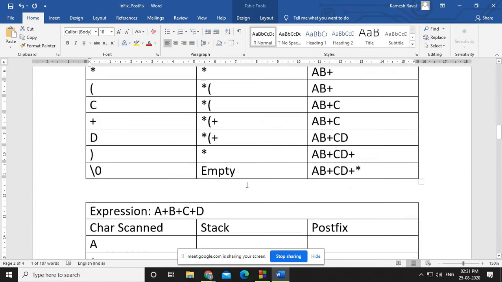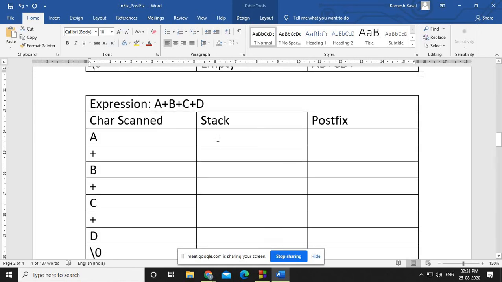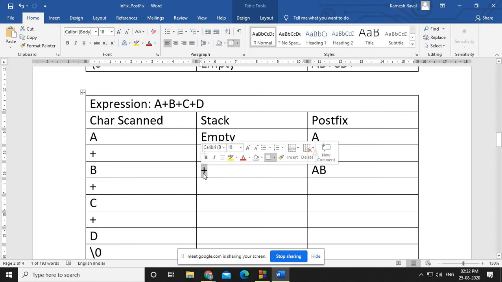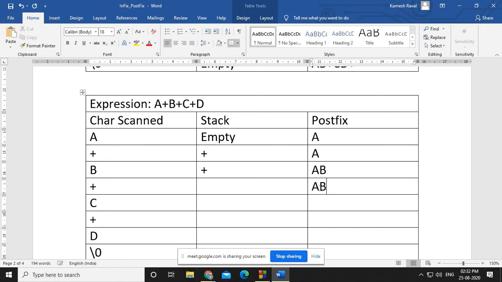So this is one more example. Now this example is quite simple. Initially you have an empty stack, A is there, A is an operand, now plus, so plus will be there. Here the scenario will be the same. Now whenever you are getting B, obviously the stack does not have any change, but in the postfix we'll get AB. Now again plus, so this plus and this plus are having equal priority, right? So whatever operator is there in the stack has to be popped out, right? So here what I'm getting is AB plus.